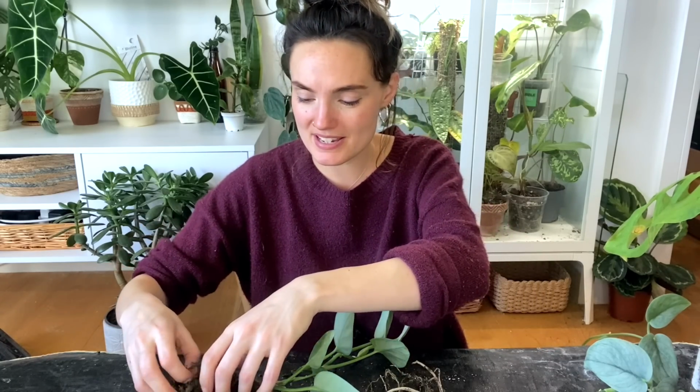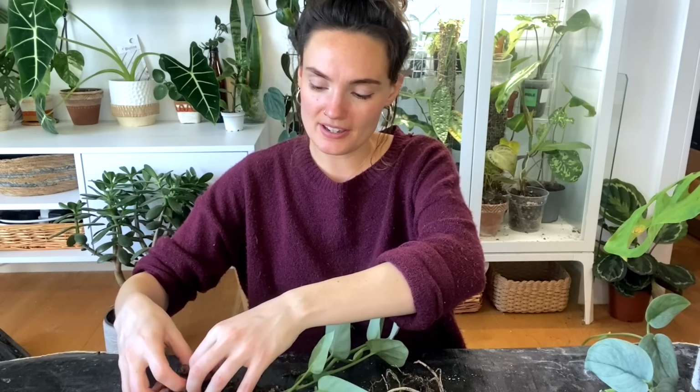Some of my favorite plants in my collection are ones that I've had for years and years. They're not necessarily particularly rare. They might not be plants that other people would look at and go, oh my God, that's a really cool plant. But I've just got a connection to them because I feel like I know them so well, if that makes sense. So yeah, I actually think that that's something that should be addressed a little bit more,